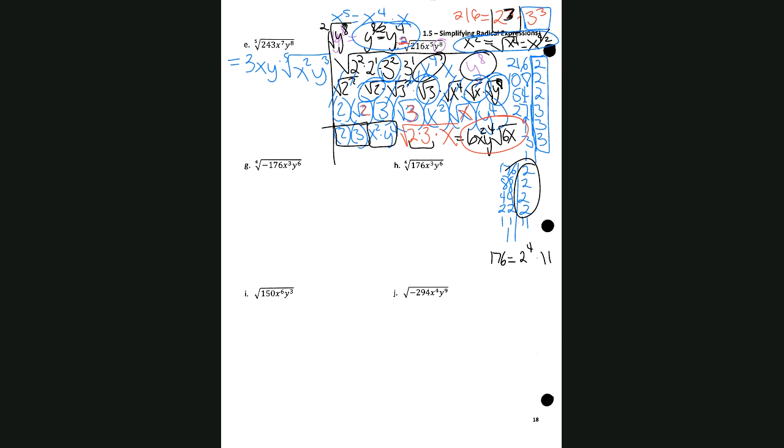Now the fact that we have 2 to the power 4 is helpful because the index is a 4, meaning we're taking the 4th root of that radicand. So for the x to the 3rd power, there is nothing we can do to break it apart because we only have 3 of those. And that tells me that x to the third power is going to remain inside the radicand when we write our final answer. Now for y to the sixth power,